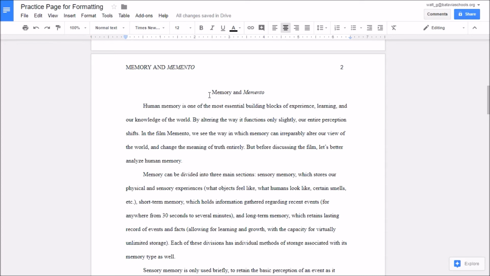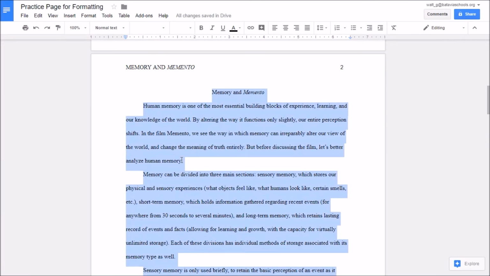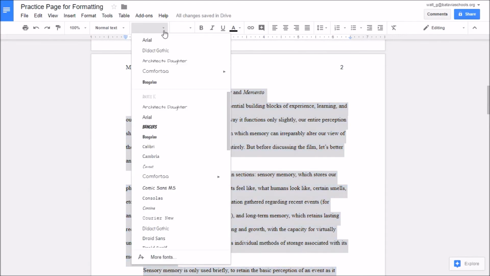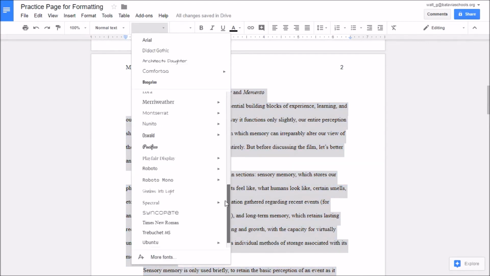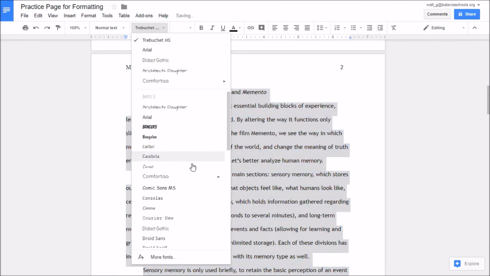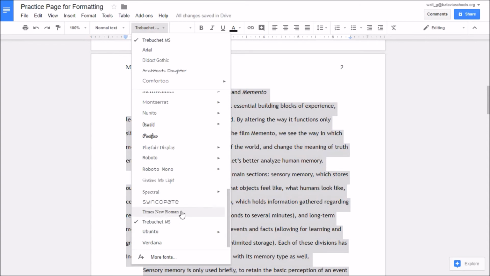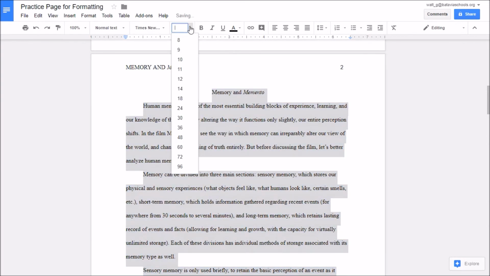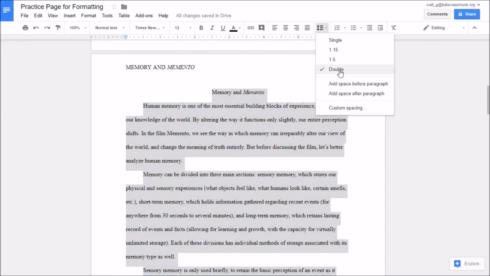So in order to do that, I'm going to select everything. I can just drag and drop, or what would be easier, if I press Control A, it will automatically select everything I have in my paper. I can go up here and I can set everything to Times New Roman for the font. No, not Trebuchet. I can make sure everything's set in 12-point font, and then I can make sure it's all set to double